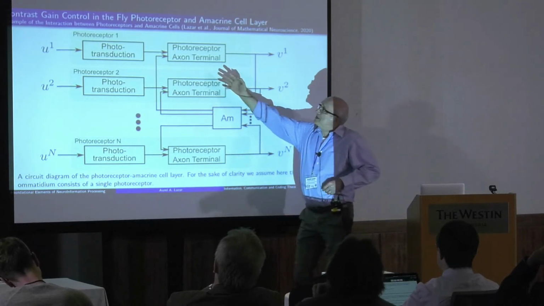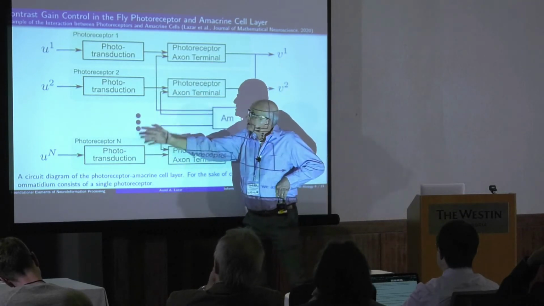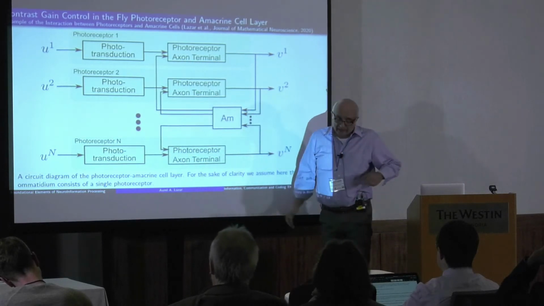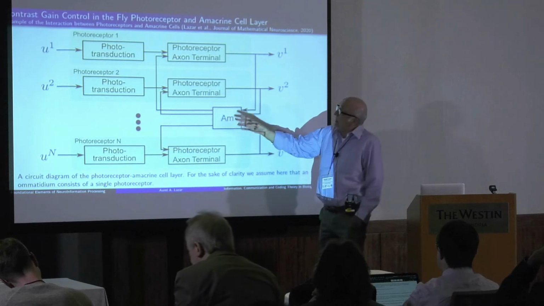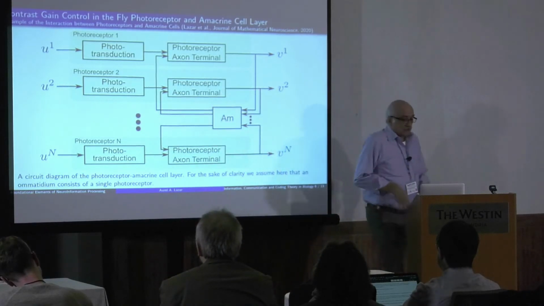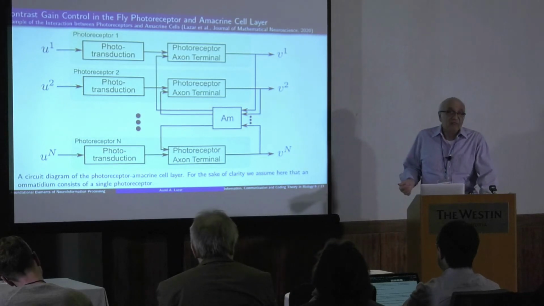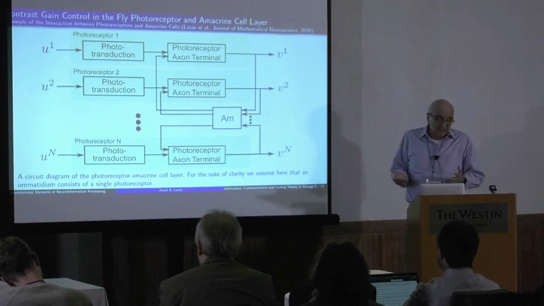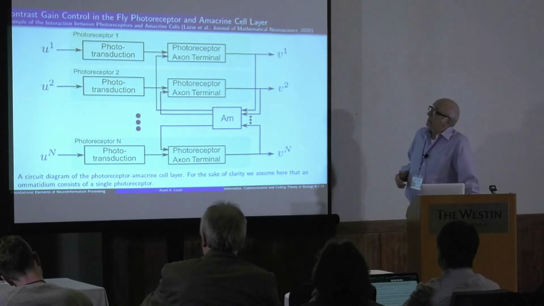What happens is, behind the photoreceptors, there is a set of so-called amacrine cells, which get input from the photoreceptors and provide feedback. As soon as you get feedback, of course, timing is super important. And the question is, what does it do? How can you interpret it? And is this actually a tractable problem?